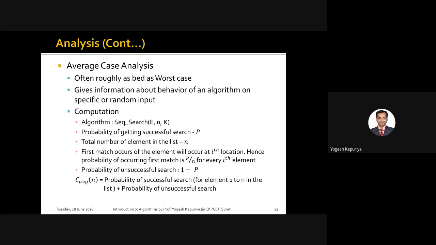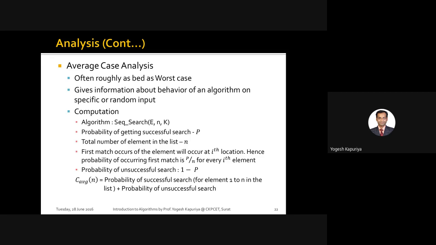Then there is a third analysis which falls in between these two, and in some algorithms or problem statements we also try to compute the average case analysis. It is just to make sure that whatever algorithm we are proposing for solving a problem statement, it will work better in the average case.